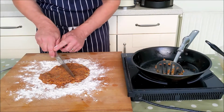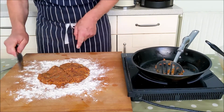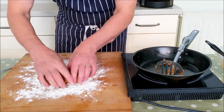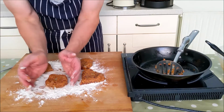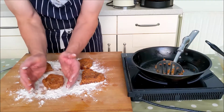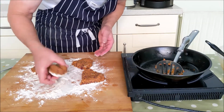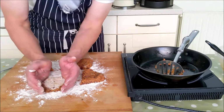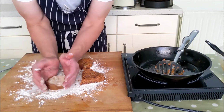Now we want 4 burgers out of this, so I'm just going to roughly chop it into 4. And with my hands, I'm going to get each little quarter and start to gently shape it. You see I'm just moving it around on the flour with my hands. That's too high. I'm going to flip it over and just gently press it down like that. So we get the round shape,